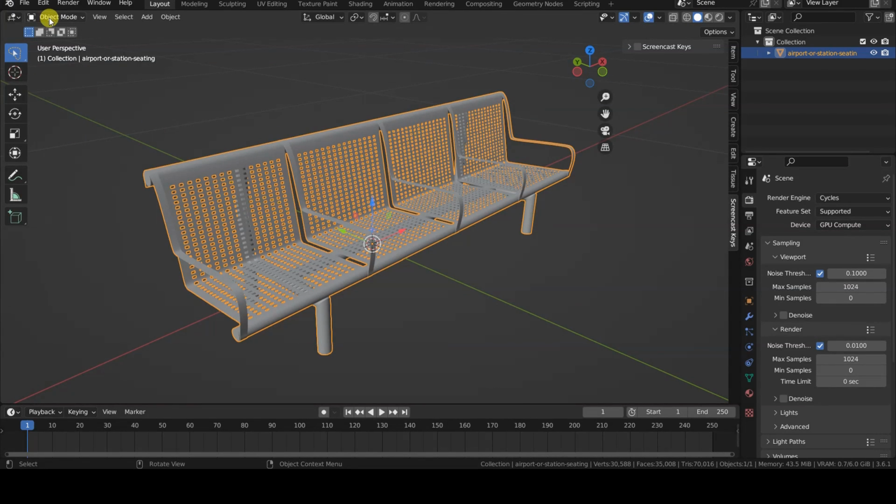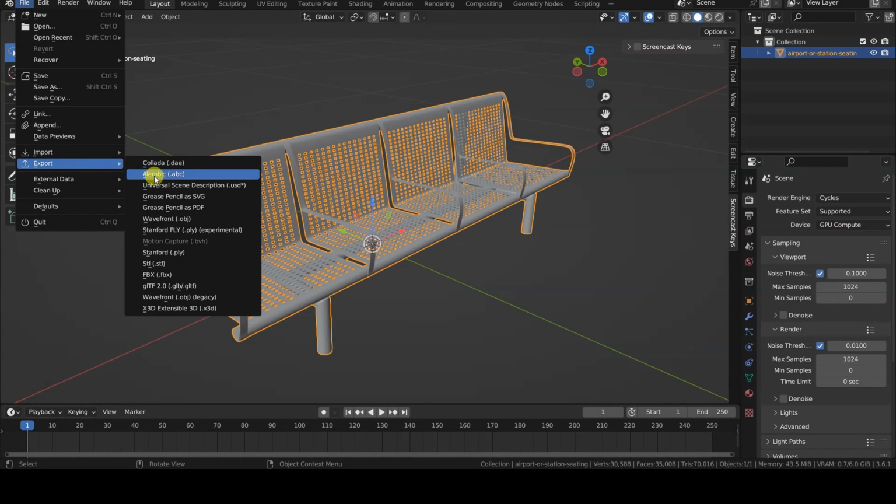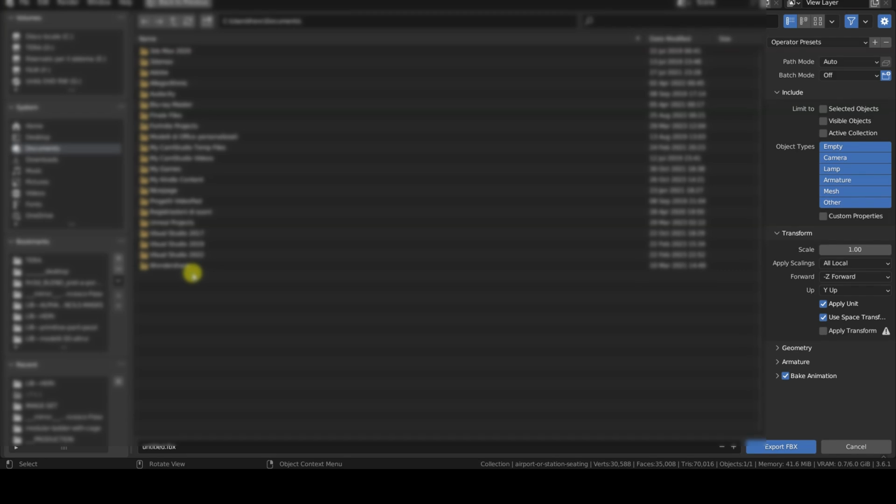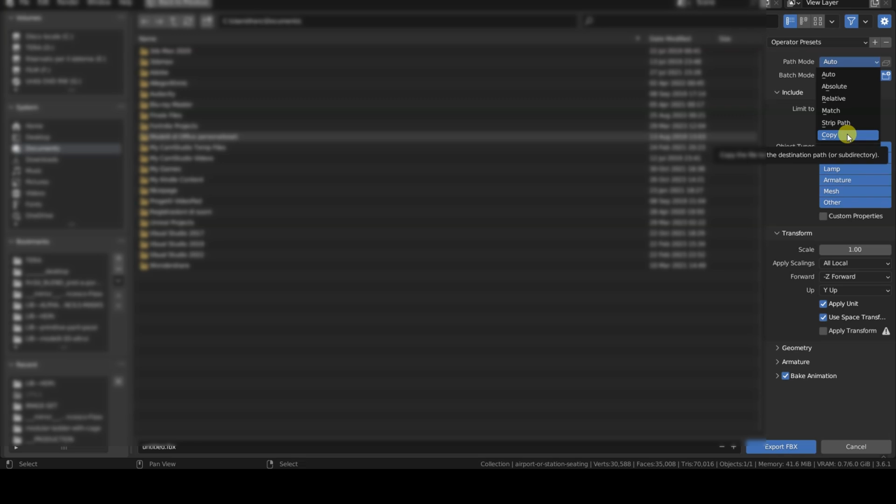To export an FBX file from Blender including materials and textures, simply choose File, Export, FBX, and in the export window, change the path mode from Auto to Copy, then select the Embed Textures option. When importing it into a new Blender project, you will find the principled BSDF node and the image textures correctly